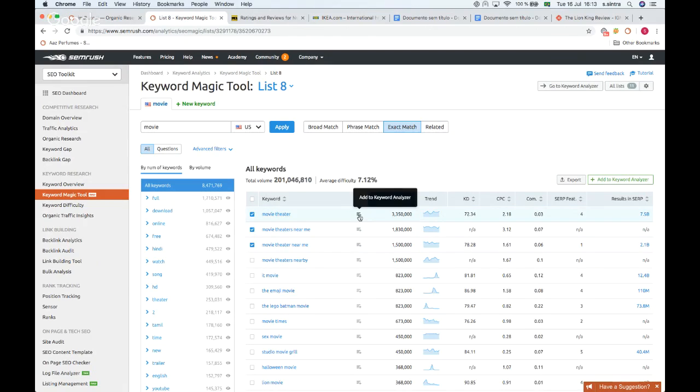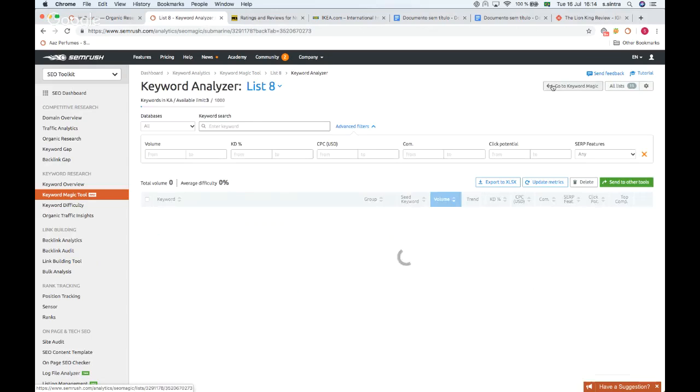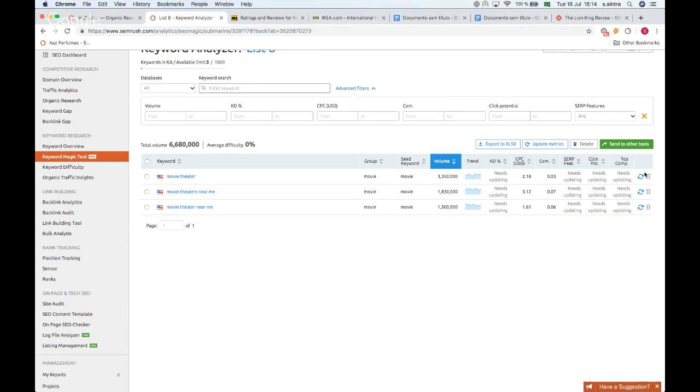So you can just click this symbol here, or you can select the keywords and send them all together by this button here. And when you do that, when you go to Keyword Analyzer, you can update these metrics like here. So when you do this,